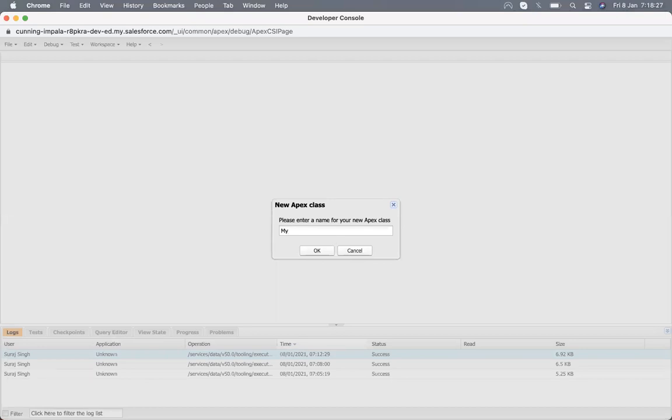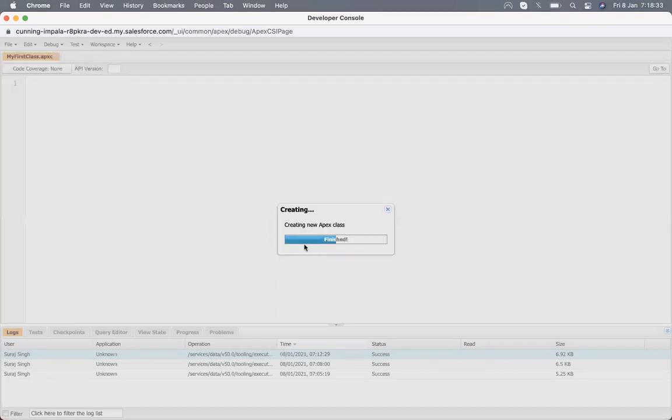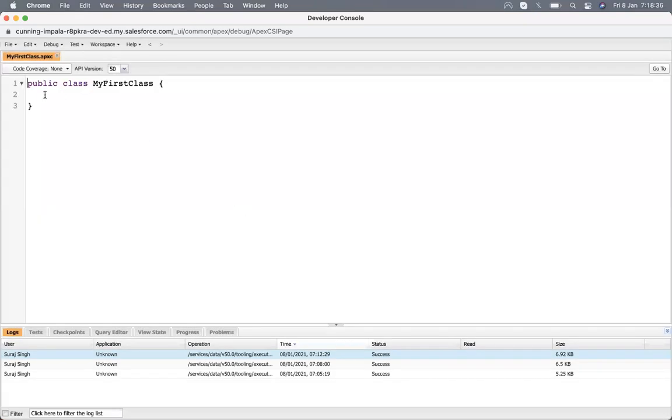So let me write my class. Whenever you hit it, it starts creating a public class with its name and all those things come up here.